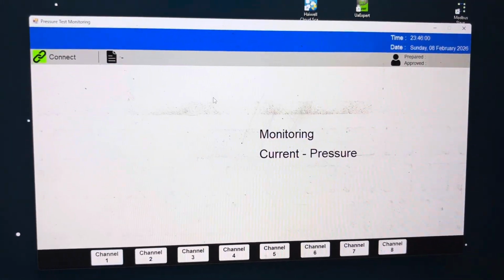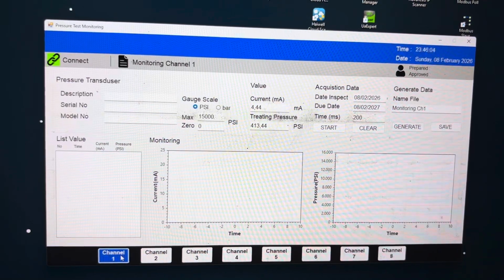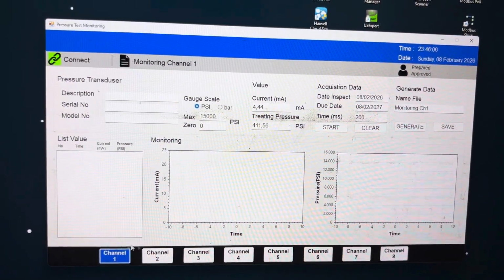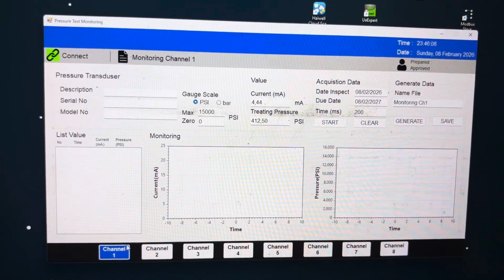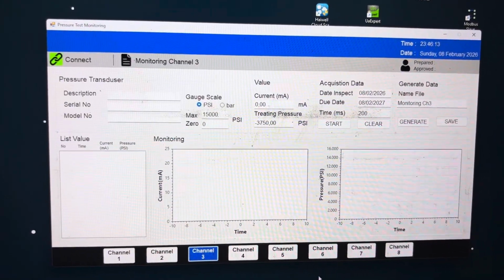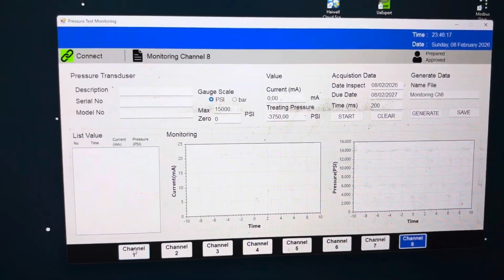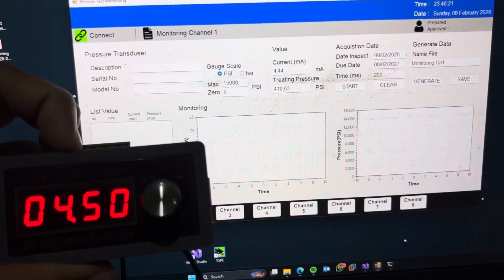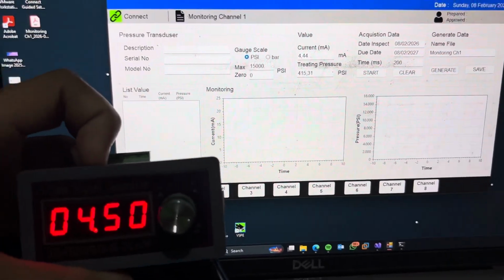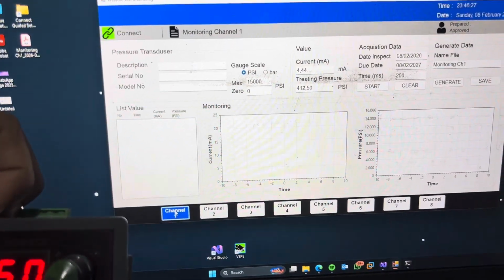and in my software we can click channel 1 for monitoring analog input 1, channel 2, channel 3, until channel 8, and we can see the signal generator, because I use the signal generator at analog input channel 1.